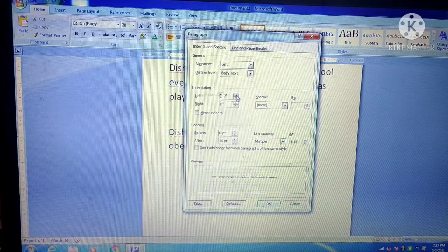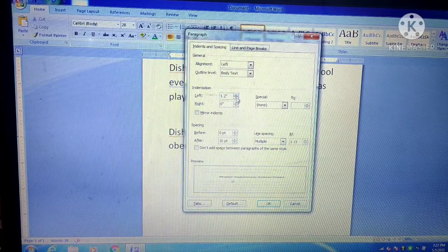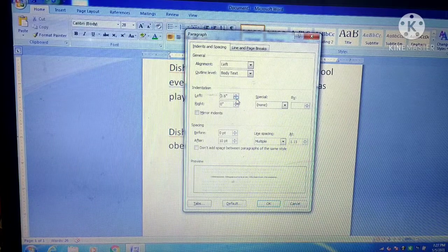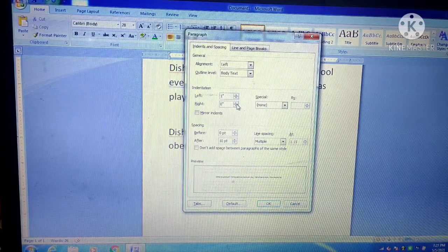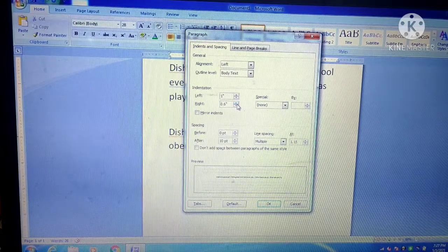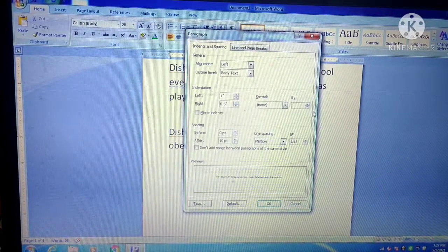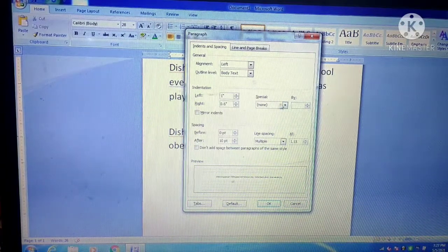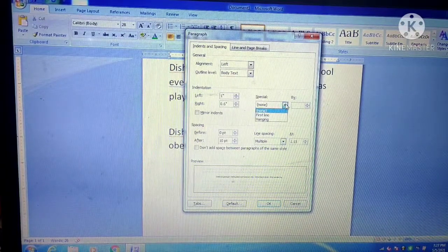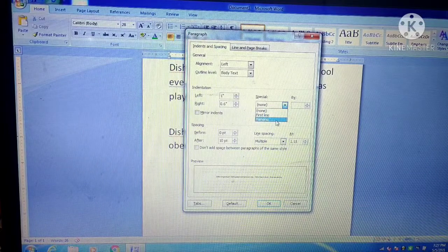You can increase or decrease the indentation by pressing these arrows. You can use this special option also. There is first line and hanging.